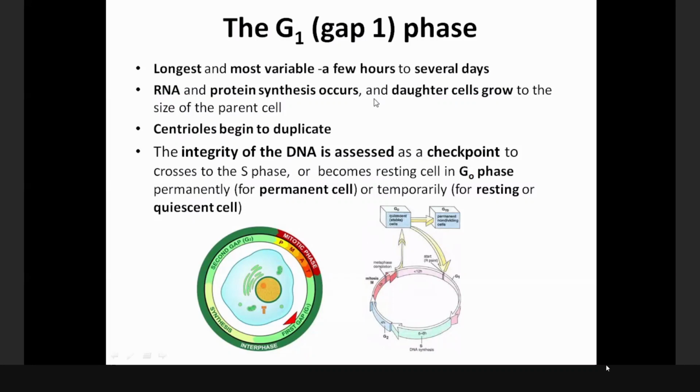But for stable cells, I repeat my good example, liver cells are stable. Once they reach the maximum number, they no longer divide. They stop their division. So their G1 phase is longer, and they carry on their activities. If needed, they can come back to divide. So we call this type of cells quiescent cells,